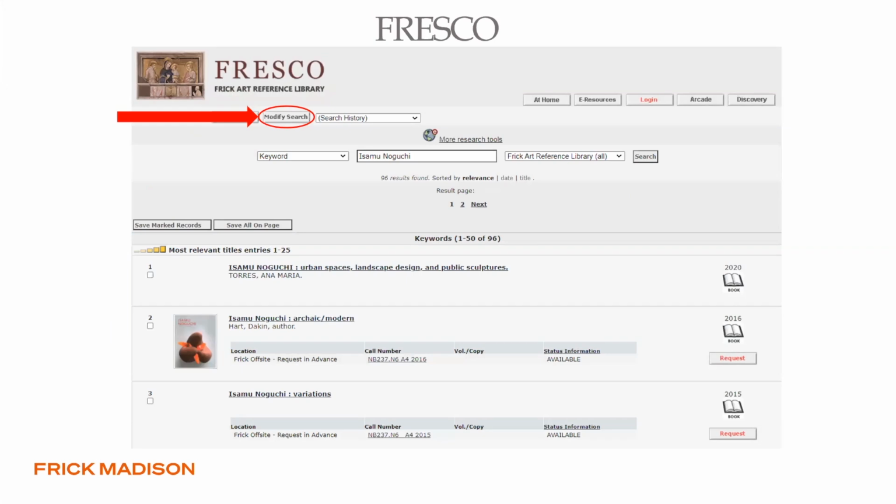So the results page, if you notice, is going to include a lot of different types of resources, everything from catalog raisonnés to books and other sort of materials as well. But to limit to web archives specifically, you're going to want to use the modify search button and the advanced search that's located in the upper left-hand corner, just under the Fresco Frick Art Reference Library emblem. So you can see that modify search is circled in red there next to the arrow. If you go ahead and click that,